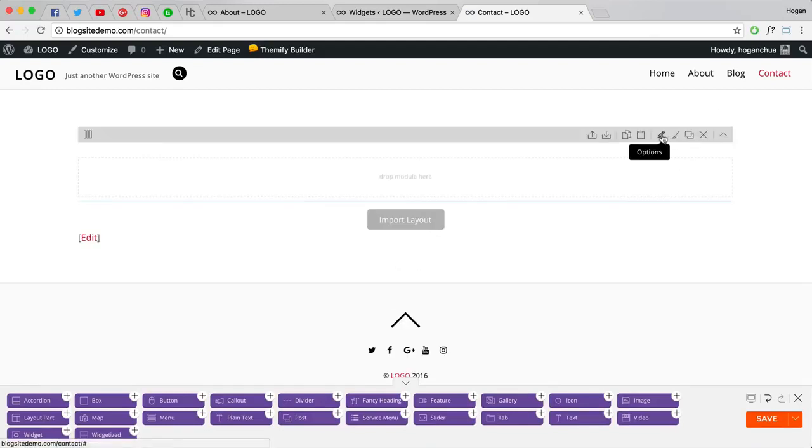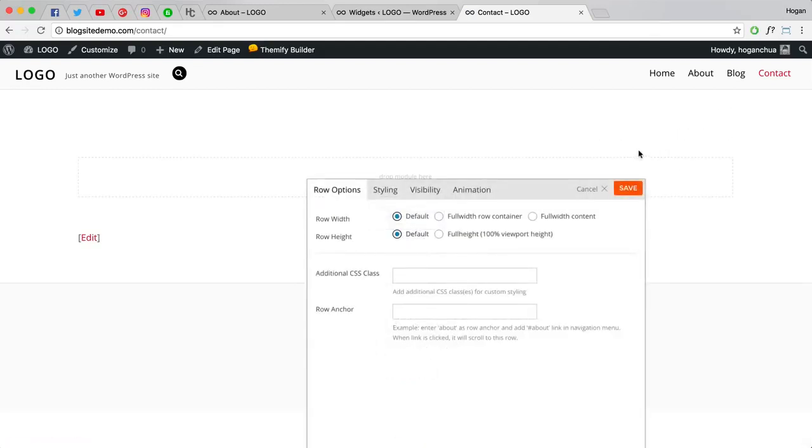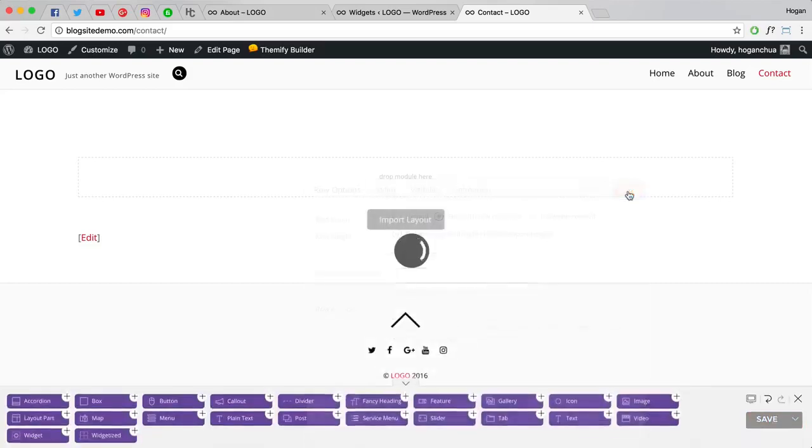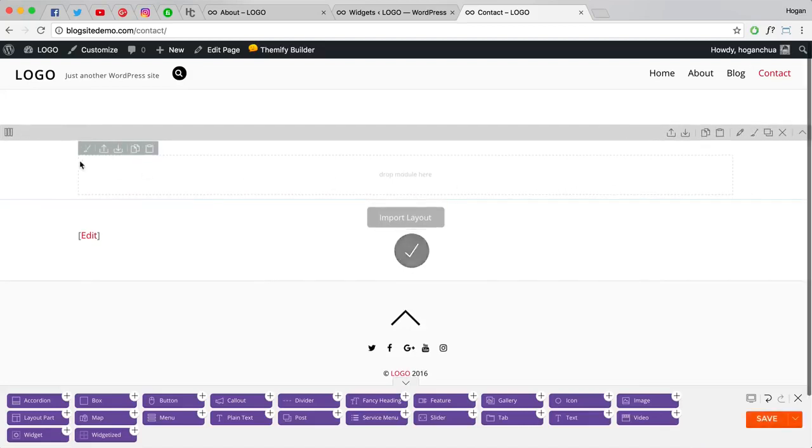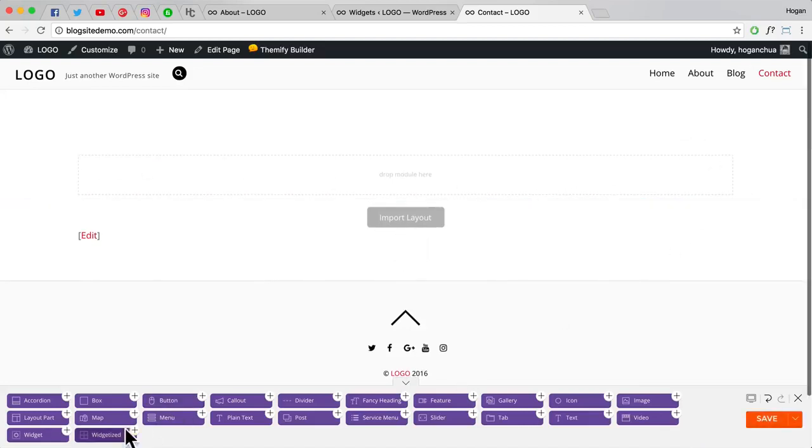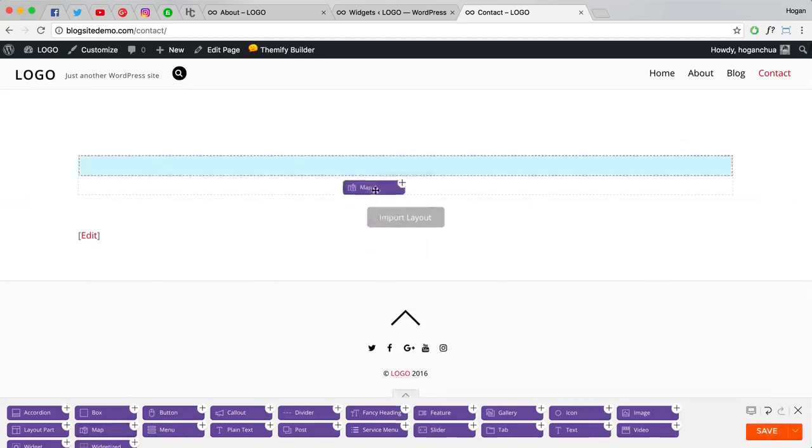Okay, so let's click on the row options, and for this one we're going to set in the full width row container. Okay, and after that we can click on save. So that goes all the way across, and now we want to drop in a map module. So drag that in,